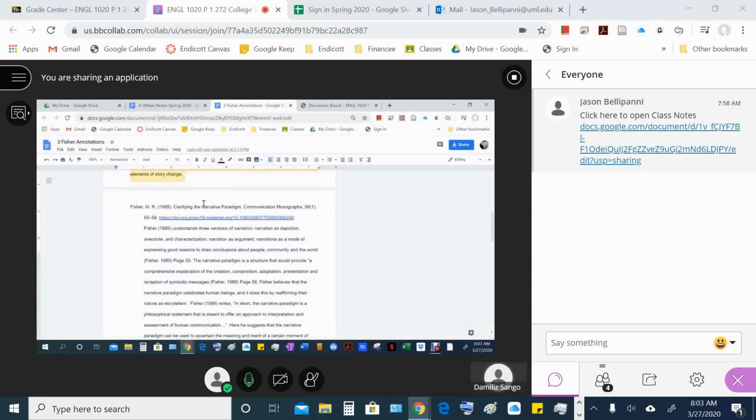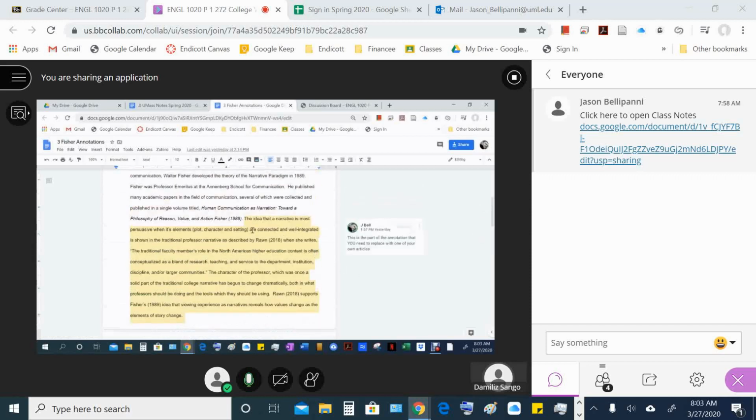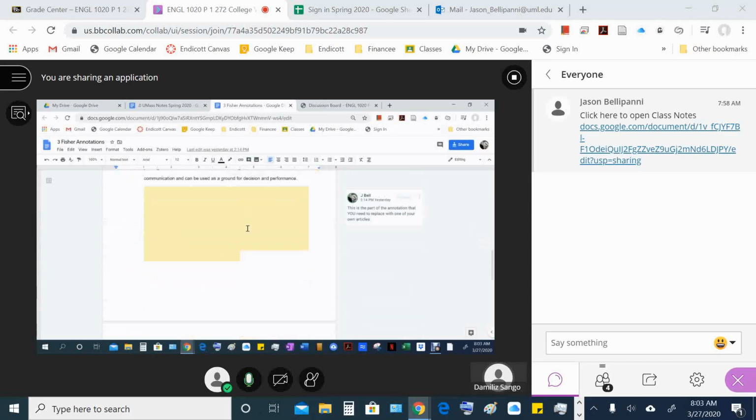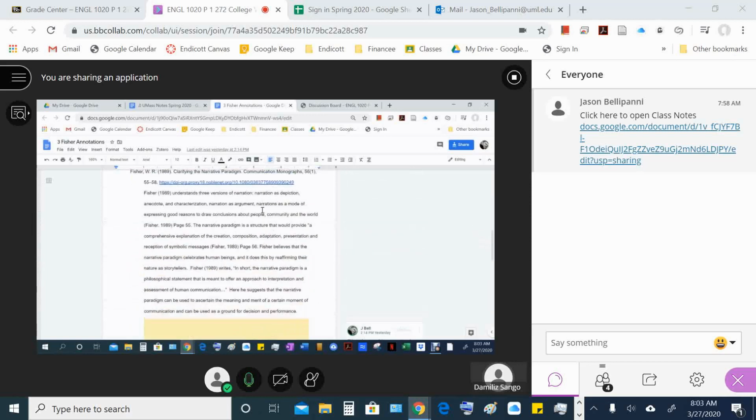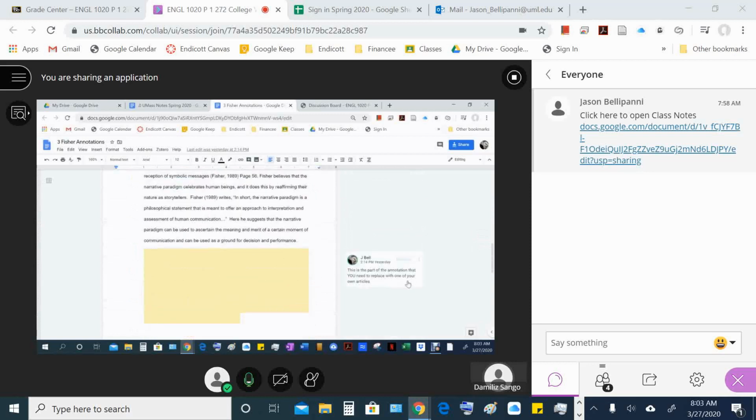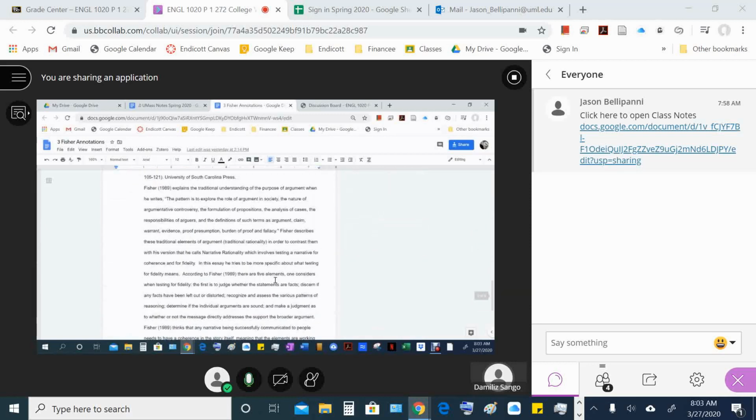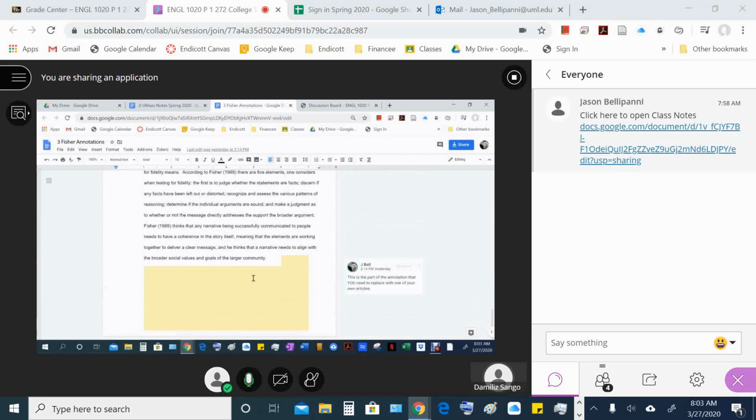It probably could be. And then for the very first annotation, I went ahead and wrote up a connection to one of my articles. So this would be the part where, instead of a connection to my article, you are trying to make a connection to one of your articles. And then I did that. I just left the space for the other two, right? So I'm like, here's this part, and then this is where you would go ahead and add in some connection to one of your sources, and the same thing with the last one.